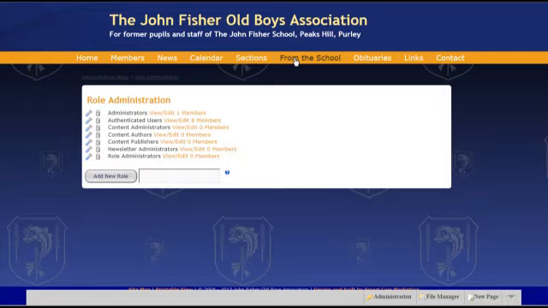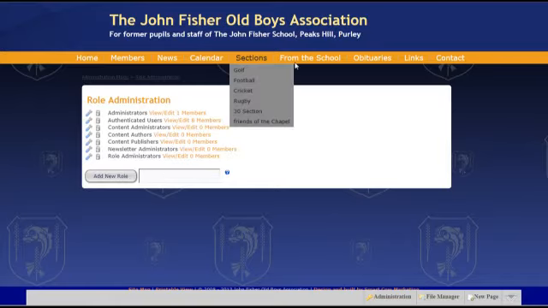You can also create new roles if you wanted to. You could have someone that just edited and updated the membership section or the rugby section or the from the school section, so you could give someone access just to do those bits if you wanted. So going back to administration,